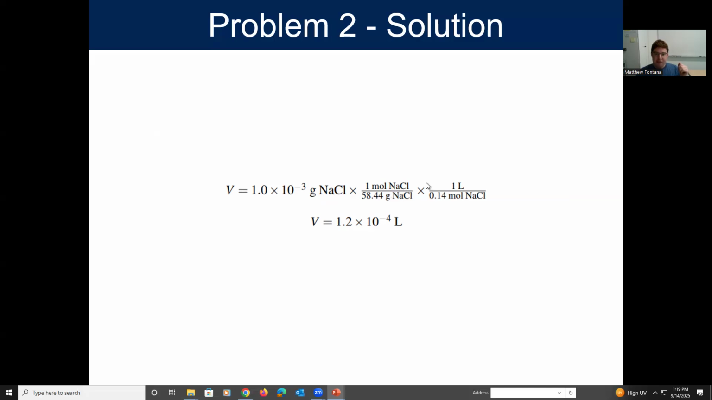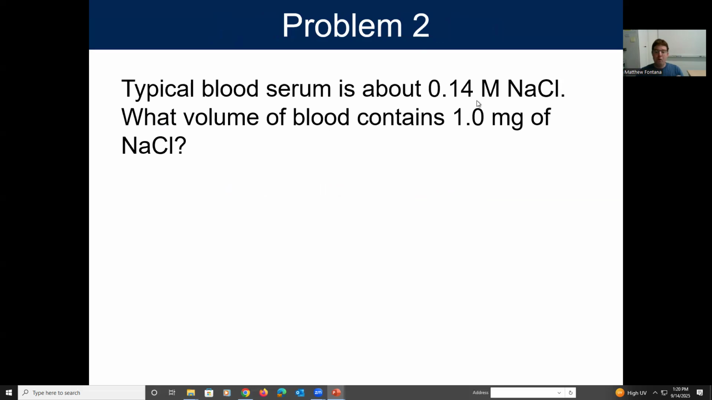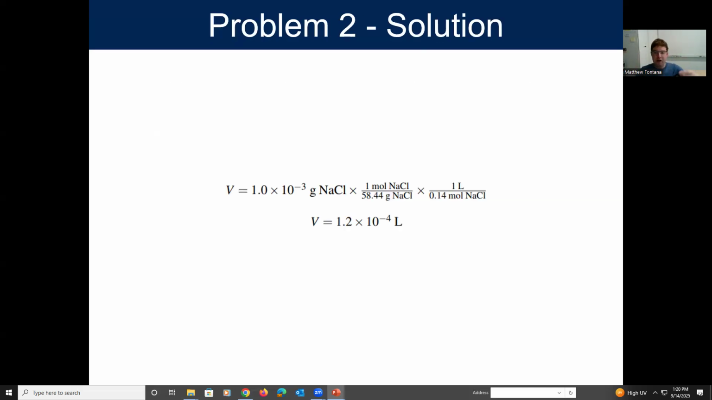So you're going to go from grams into moles of sodium chloride. Then once you know the moles of sodium chloride, you can use the concentration of the sodium chloride, which is 0.14 mole of sodium chloride per liter of solution. You can then say I have 0.14 mole of sodium chloride per 1 liter of solution. Then the mole and the mole will cancel each other out, leaving you with a final answer in